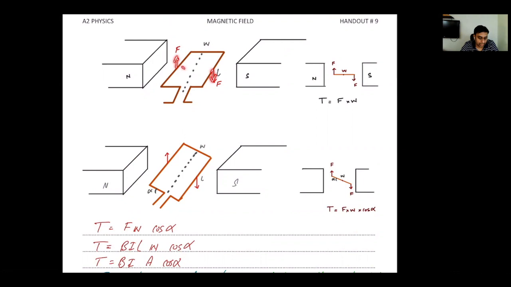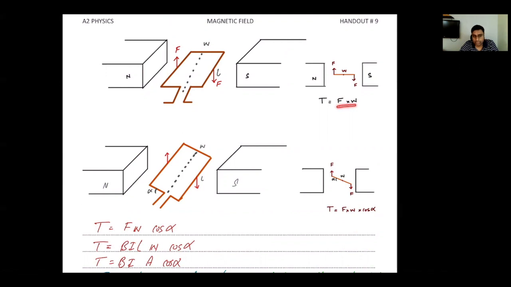So it's actually forming a couple, and when it's forming a couple, there is a formula for a couple that you did as well. That is force times perpendicular distance between the two forces. That's a direct one. You don't need to multiply that with the distance from the pivot. We can directly multiply force with the perpendicular distance between the two forces. Then you will be able to get yourself the torque of the couple. The torque of the couple is going to be F times W.